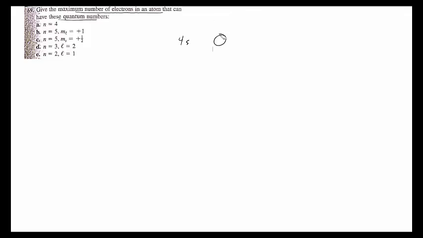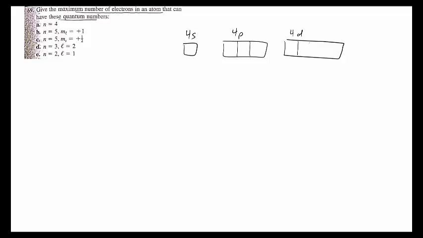Okay, we'll just do boxes. So a 4s could be possible, a 4p. So 4p will have 3. A 4d is a possibility. So there's such a thing as a 4d. That's 5. And there's also a 4f possible. So that's 1, 2, 3, 1, 2, 3, 4,